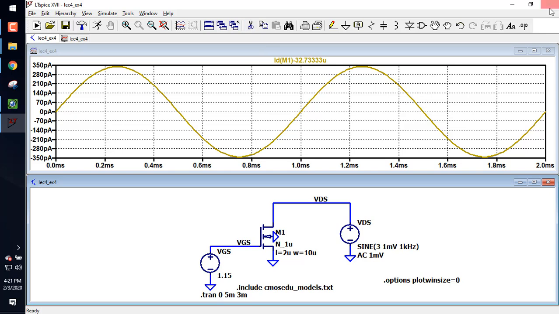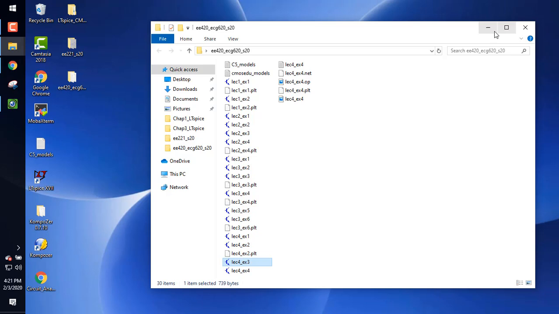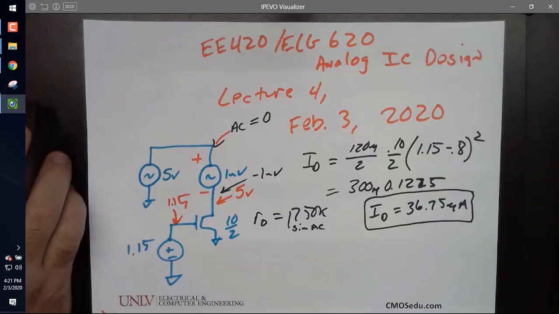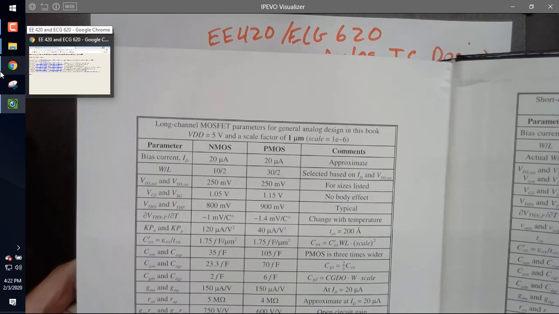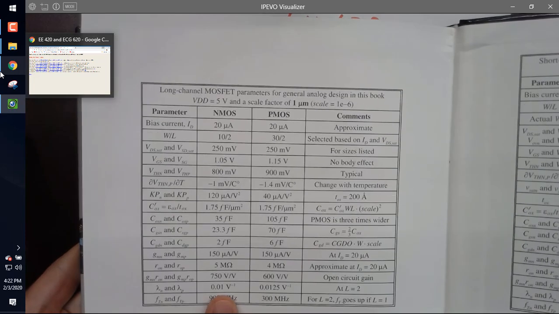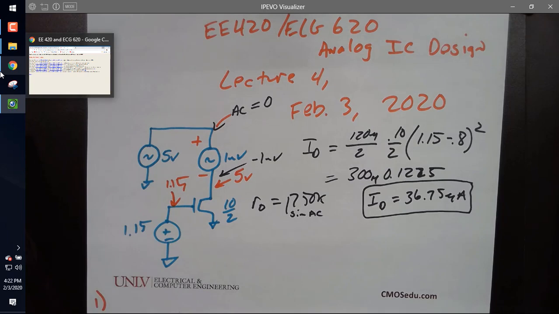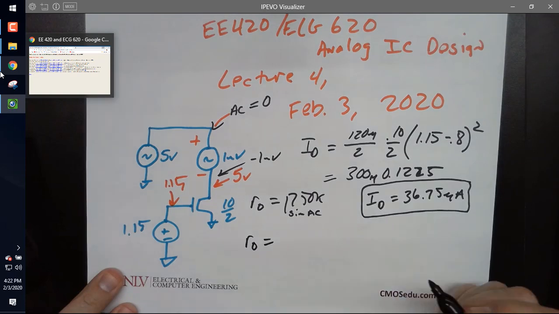All right. So let's hit no, because I want to leave it the way it was. And then let's not calculate the value of lambda. Let's simply go back here and use the one that's in the back of the book for that other size, which is 0.01. So I'm going to calculate using hand calculations. My R out is equal to